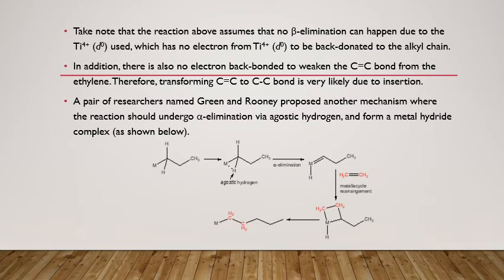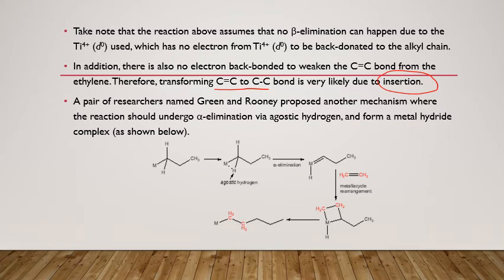So we take note that the reaction above assumes that no beta elimination can happen due to the Ti4+ used, which has no electron to be back donated to the alkyl chain, as we discussed earlier. If there is no electron to be back donated, there is no beta elimination process. In addition, there is no electron back bonded, so we can say that the transformation of the C=C double bond to a C-C single bond is through